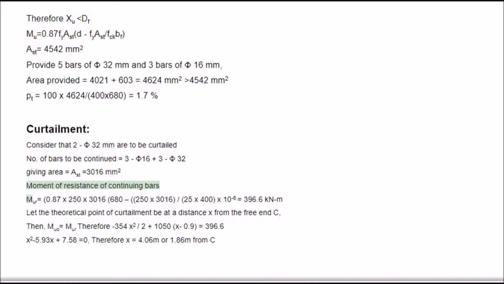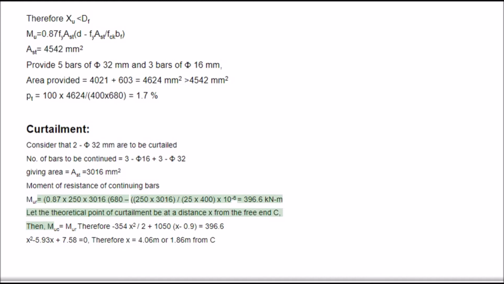Moment of resistance of continuing bars Mu equals 0.87 x 250 x 3016 x 680 x (1 - 250 x 3016/(25 x 400 x 680)) x 10⁻⁶ equals 396.6 kN.m. Let the theoretical point of curtailment be at a distance x from the free end C, then